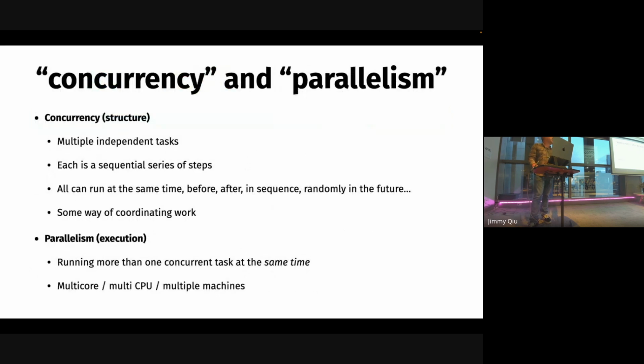So when we talk about concurrency versus parallelism, what do we mean by that? There's a whole talk around this. I think Rob Pike, one of the Go creators, did one on concurrency is not parallelism, or parallelism is not concurrency. But it's really talking about how different things get a little bit conflated. We just want to separate what they mean. So concurrency really talks about the structure of the program. You've got a bunch of tasks that can run, and they have a number of steps in each one, and they're sequential steps that run one after another. And you have traditional programming, you might have loops, you might have function calls, all the rest.